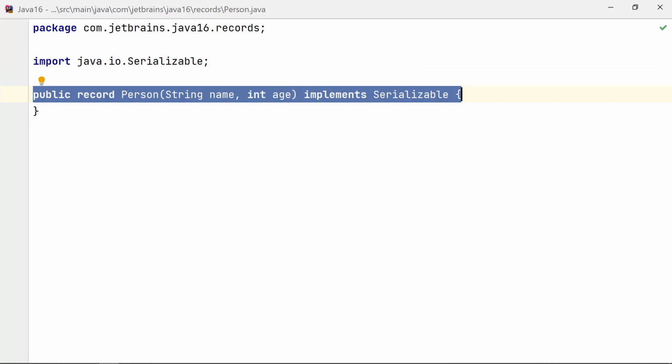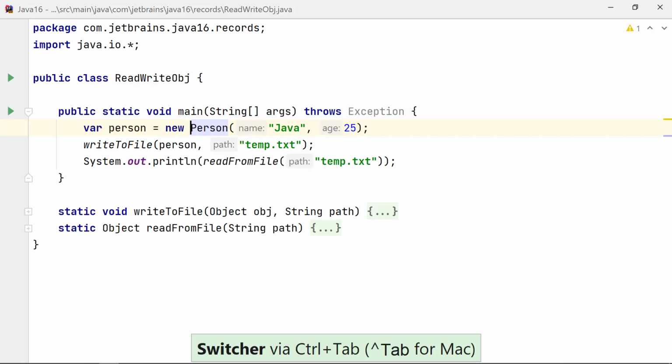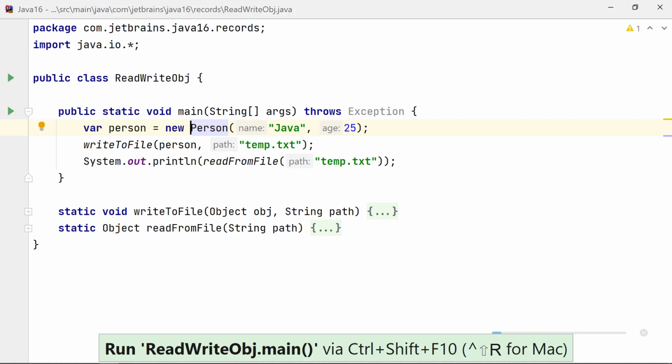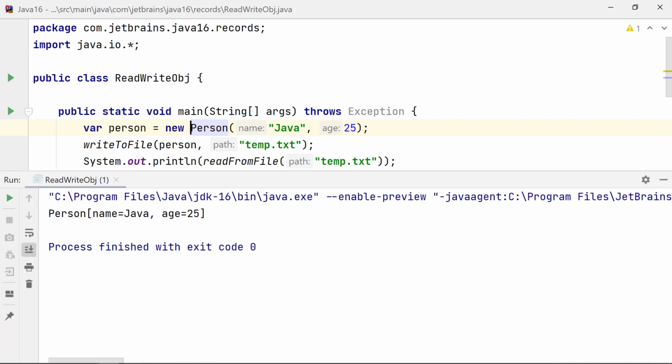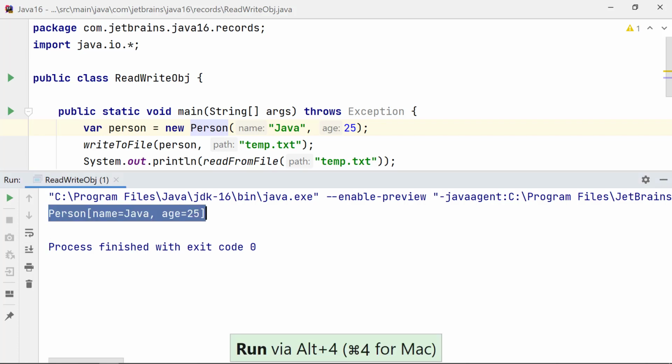This is all you need. The compilation process generates the constructor, getters, hashCode, equals, and the toString method. Let's navigate to the ReadWriteObject class and check if it can write this record to a file and read it too. Yes, it does. So by using records, you get all the functionality with minimal code.